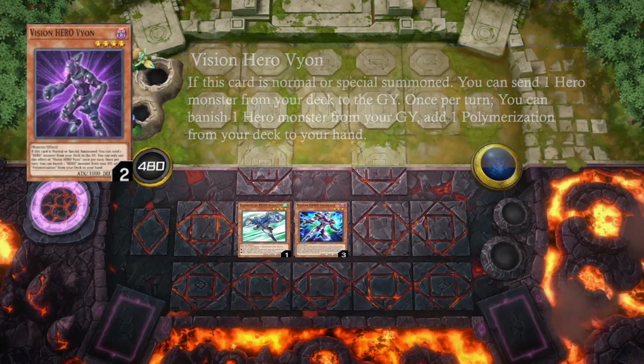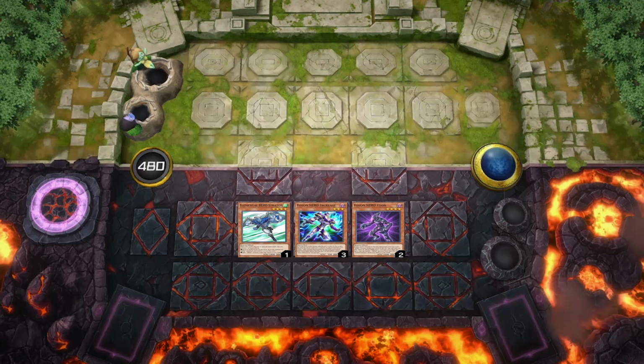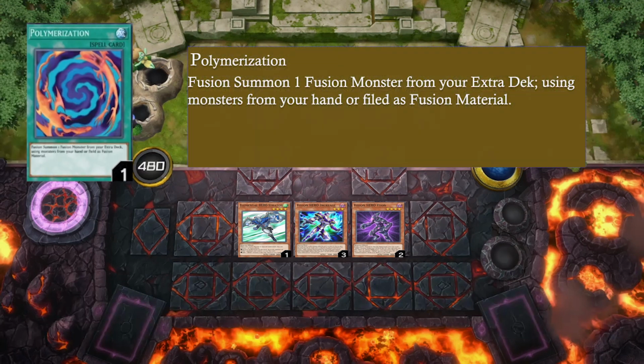You can discard a monster from your deck to your graveyard, and the second effect is that he can banish any hero monster from the graveyard to add one Polymerization card from your deck. We will talk more about how to use each card to its fullest potential later on in the video, but